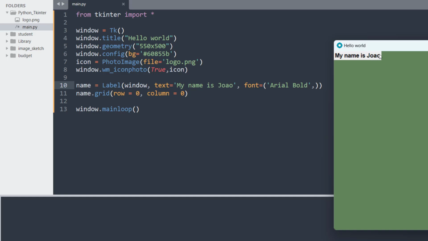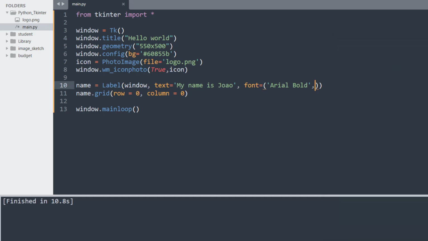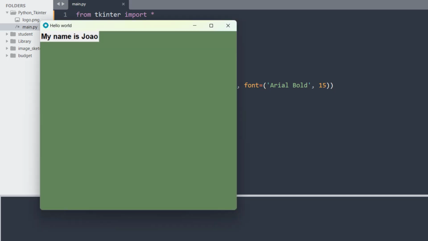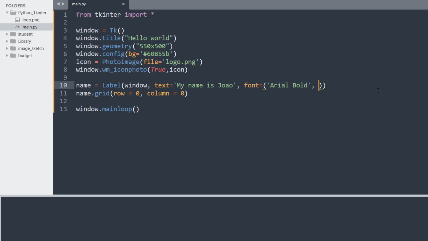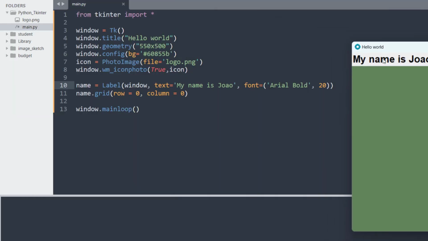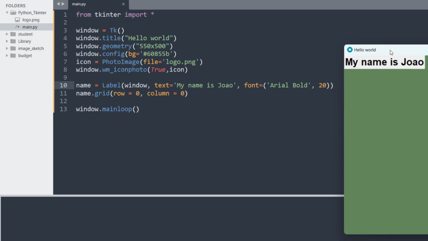But this way I didn't define which size I want, but I can also define that size. For that, after the comma, I can just give any number that I wish. For example, if I want 15, I save, and if I run, we can see the size increased. If I want 20, I save, I run, we can see now the size is increasing. So this is how we can change the font of our label, and the size also of the